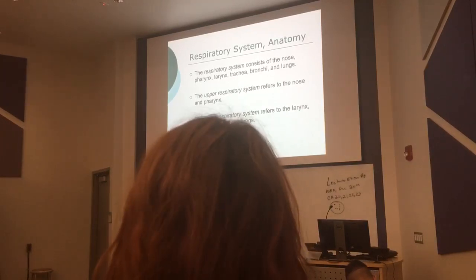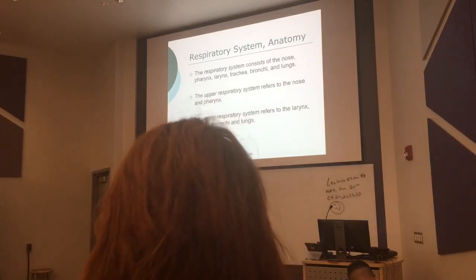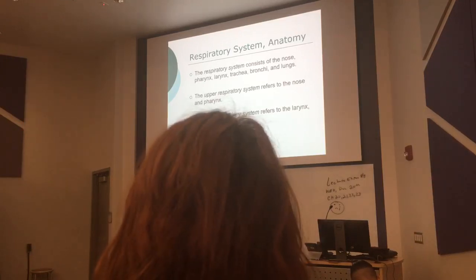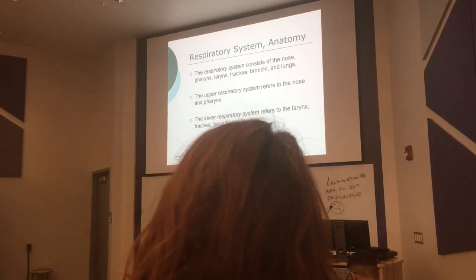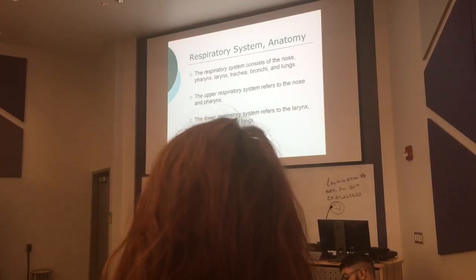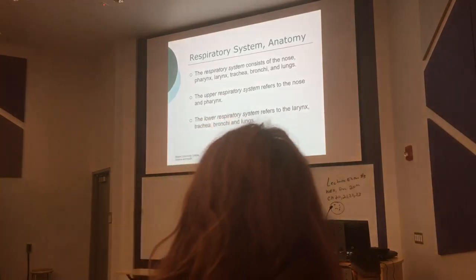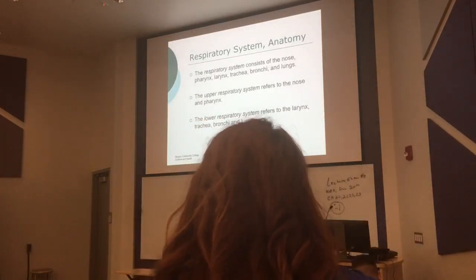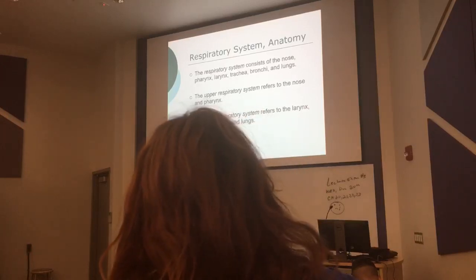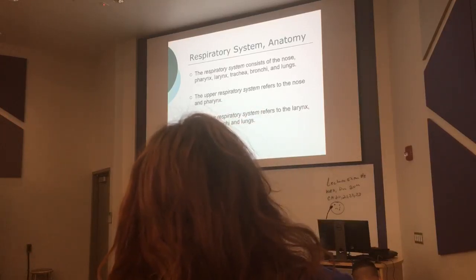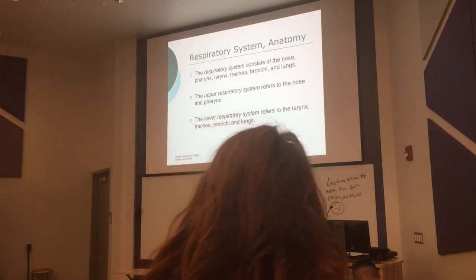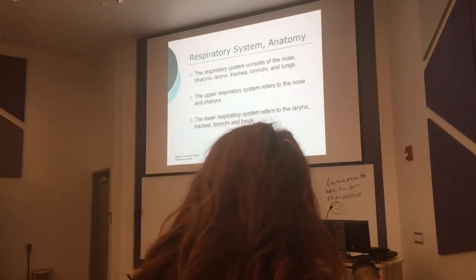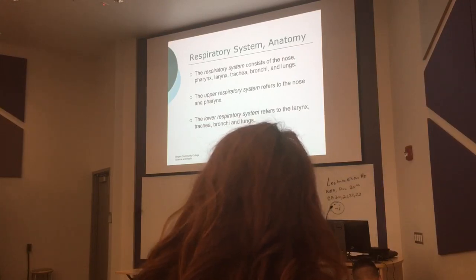The larynx is made up of thyroid cartilage, because the thyroid gland is right underneath the larynx, and we call that thyroid cartilage the Adam's apple. Then we have the windpipe, which is the trachea, of course, know that. It has concentric rings of cartilage, and we call that cricoid cartilage. Then it goes into the bronchi: primary, secondary, and tertiary bronchi. They're made up of cartilage lined with epithelial tissue.